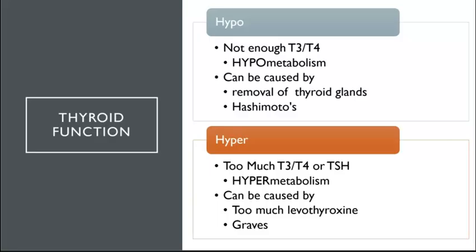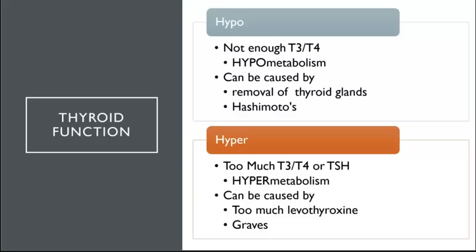Hashimoto's autoimmune disease, where the destruction of the thyroid gland starts off as a hyper. You're stimulating, you're releasing all the T3, T4, but as the tissue dies off, there is no more tissue to release those hormones. So that would be a hypo primary reason. Secondary reason would be anything outside of that gland. So if we do not have T3, T4 being secreted, maybe our pituitary gland got injured and is no longer stimulating that thyroid.